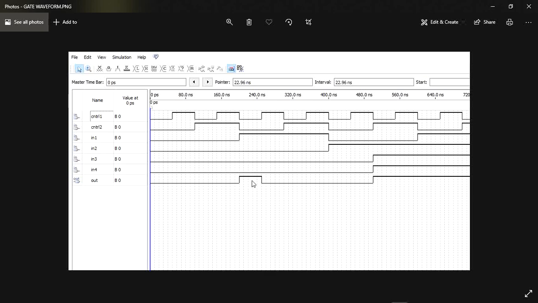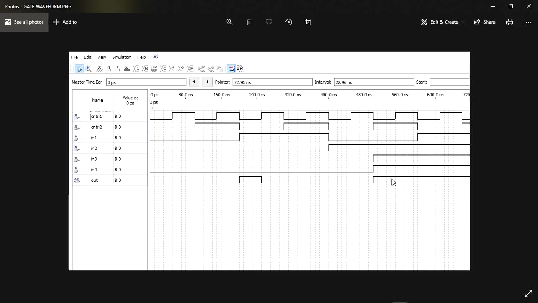Only in this case, if both selection lines are 0 and only the first input is 1, then our output is 1. And in the last case, if the first control selection line is 0 and the second is 1 and the second input is 1, then the output is 0.